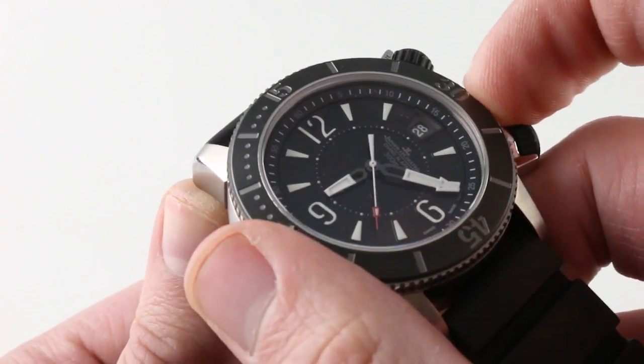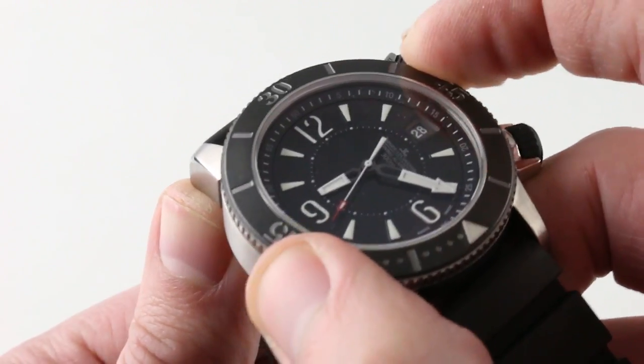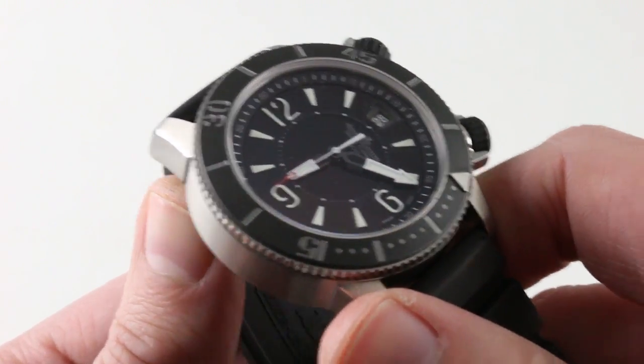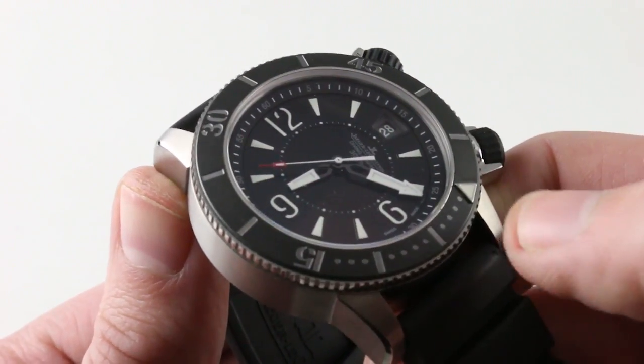You can hear how positive that detent is. It feels as good as it sounds. This is one of the most satisfying actions and ratchets to any dive bezel I have ever encountered. Line it up with the minute hand, now you have an impromptu 0 to 60 minute timer that I find